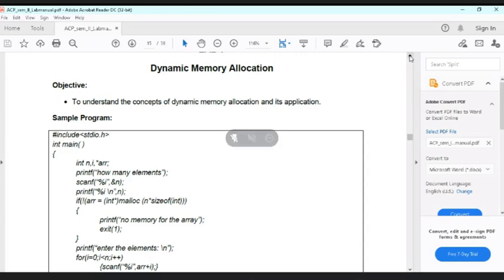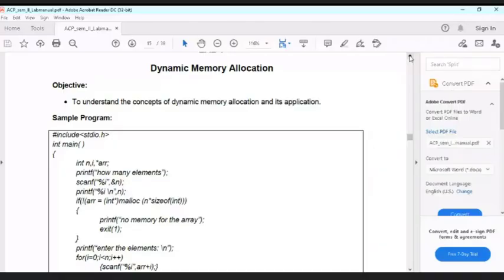So a simple example is that if we are having an array of 10 integers and we are not knowing... per character.